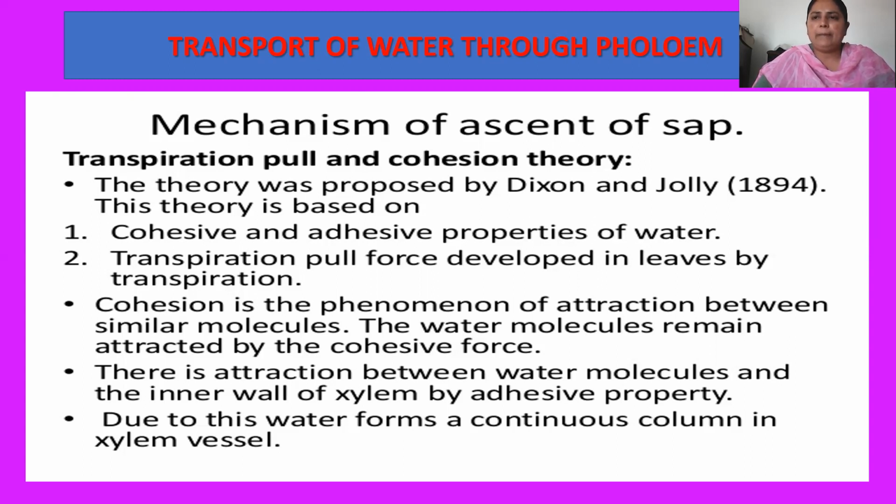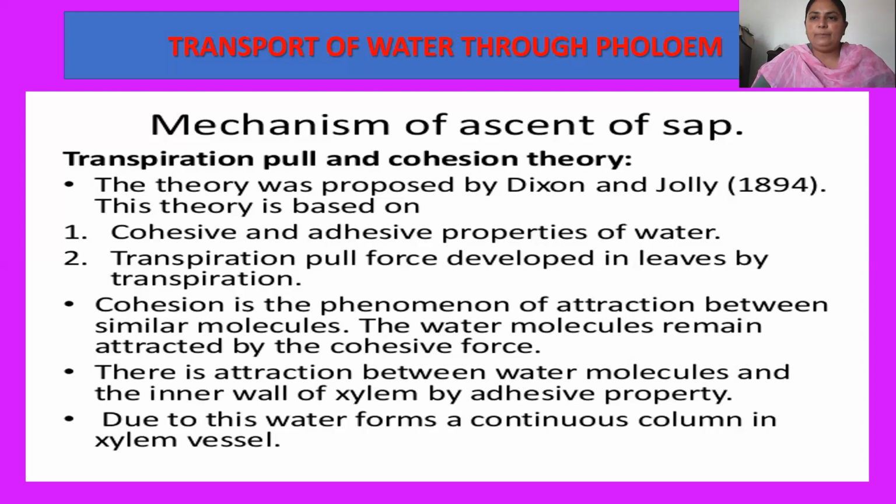As a result, what happens? From the cells of the leaves which come directly in contact with sunlight, evaporation of water takes place. As a result, these cells become empty. In order to protect themselves, these first cells of the leaves pull the water present in the adjacent leaf cells. As a result, a deficiency is created in the adjacent leaf cells, and to protect themselves, they also pull the water from the cells adjacent to them.